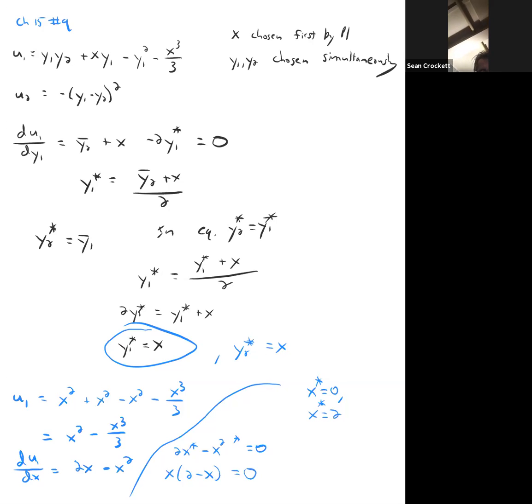And so we're going to get the utility equal to 2 squared, which is 4, and then minus 2 times 2 times 2, 8 over 3. So utility is going to be 4 minus 8/3, and that's going to be positive. And so the solution to the problem is x star equals 2,